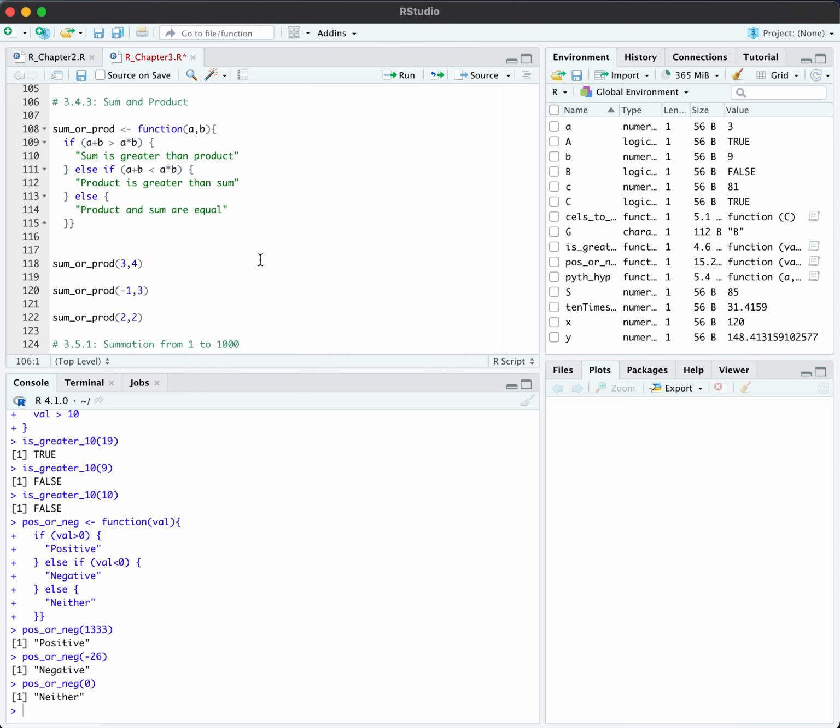Okay, so moving on to one more example that combines these things, just because it's pretty useful to work through more than one. It can be a lot to get used to using these. Okay, so this is going to be example 3.4.3. You're making a sum and product function that basically wants to see whether or not the sum is greater